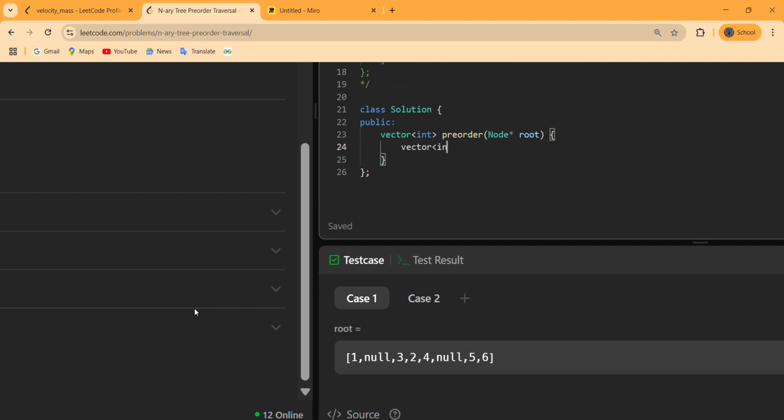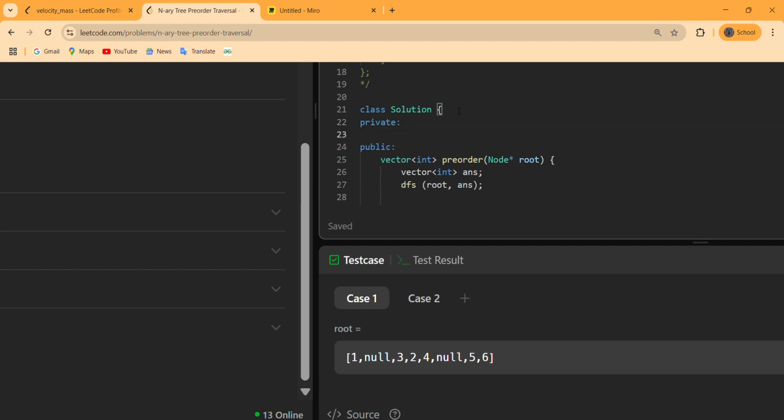Let us first initiate our answer vector that contains the integer values for every node, and then we run a DFS function for root and pass our answer vector to it, and after performing the DFS we have to return our answer to the caller.